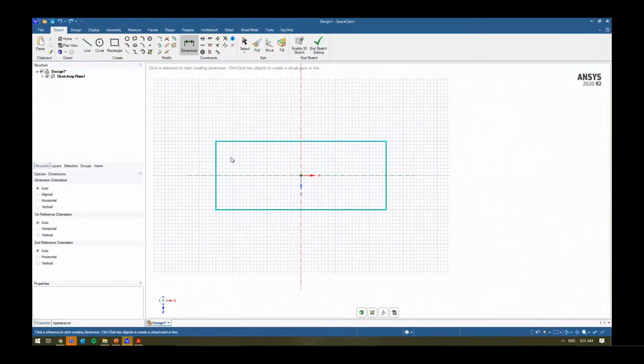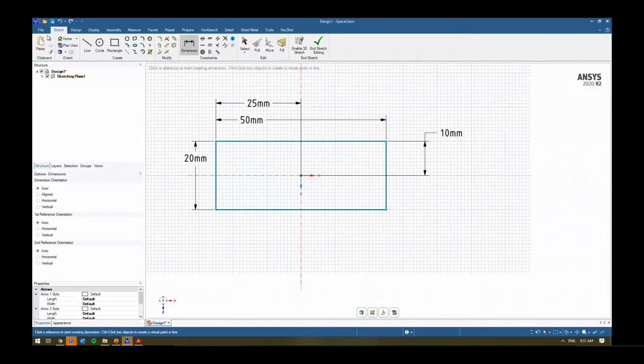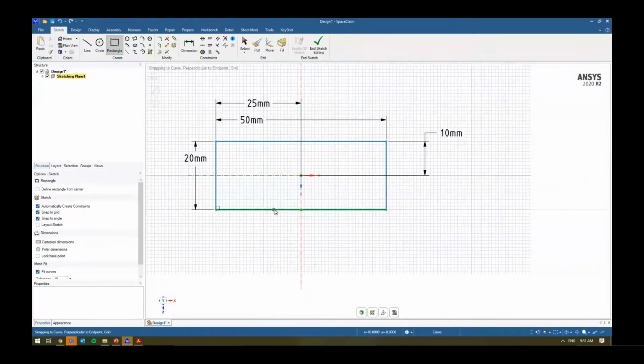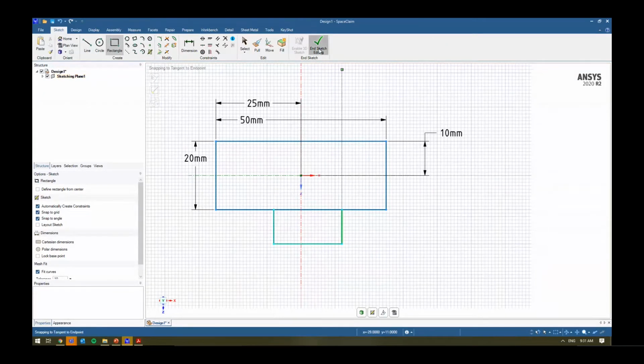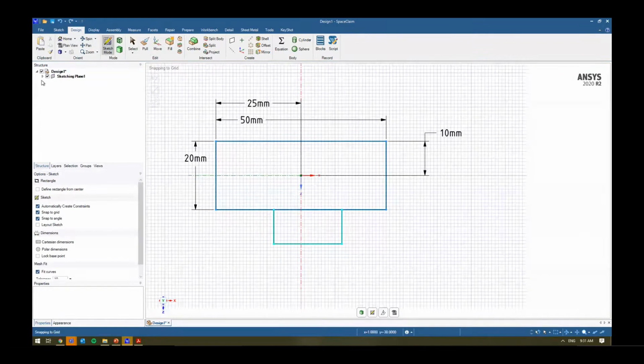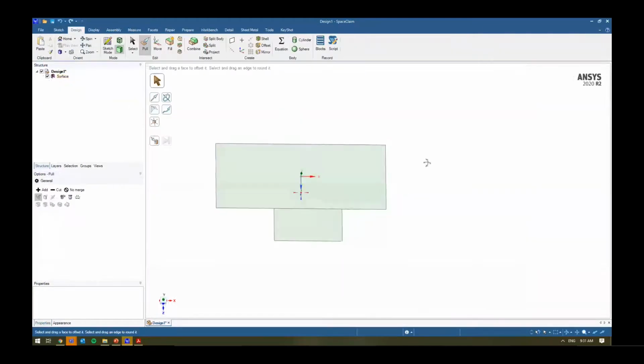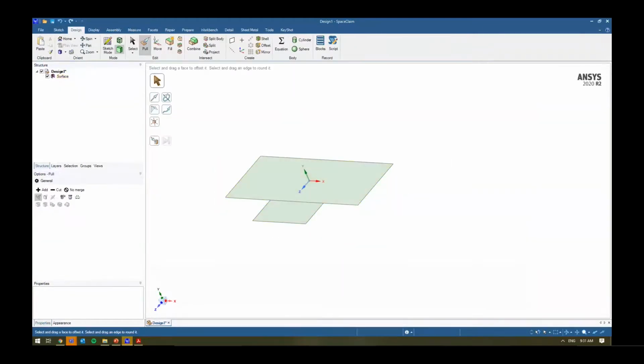I can use my dimensioning if I wanted to go in and pick up two specific dimensions. I'll make sure to put that in the right place and do that as well. I can then go in and create my rectangle. I'll create it 20 mil here, 10, right? So I'll leave it off axis for now, and I'll go into my sketching mode, right? Go out of my sketching mode. You'll notice as well, if I go back, I had a bunch of curves, a bunch of sketches, because they were all closed off. When I exited the sketching mode and went into 3D mode, it automatically converted it to